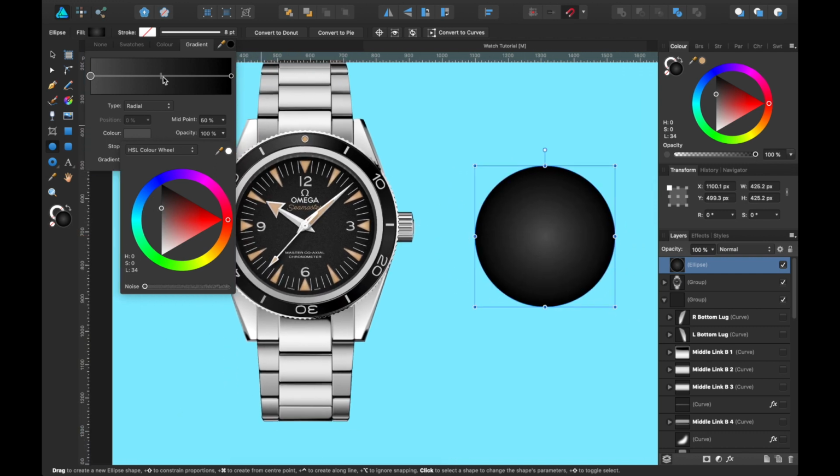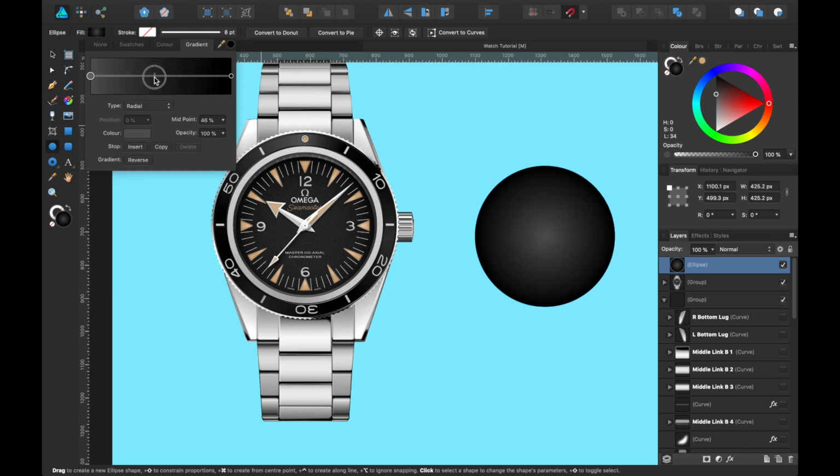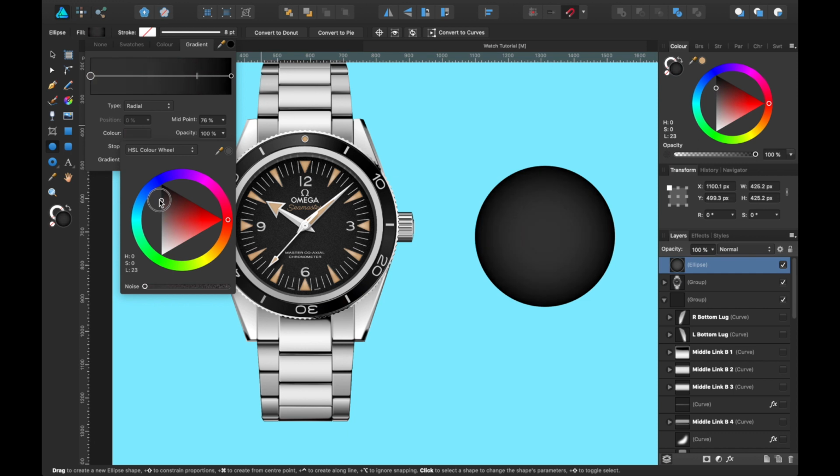So what I'm going to do is I'm going to drag this center divider and I'm going to push it out a little bit more so that it's just the edges that are at the darkest point. And now that I've done that, I can see it's still a little bit too light, so you can go over and make it a little bit darker still. Okay, that will do for now.